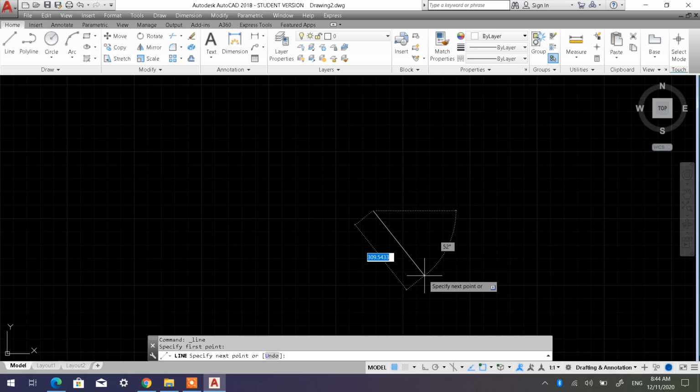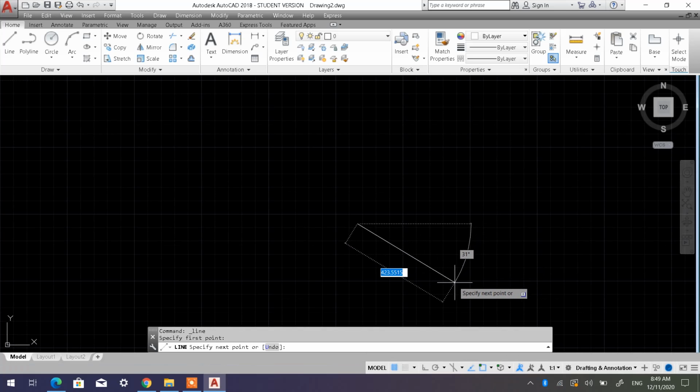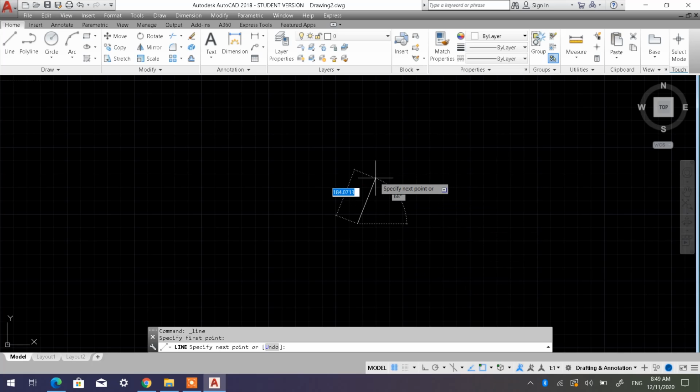nombor yang di dalam kotak biru itu adalah menandakan panjang line tersebut. Okey, dan sekiranya di dalam AutoCAD anda tak ada indikator angle macam ini, angle yang tadi kita terangkan, sekarang ni 30 darjah, dan juga sekiranya tak appear indikator length macam sekarang, macam saya cakap tadi dalam warna biru, sekiranya tidak terpapar pada skrin AutoCAD anda, so what you need to do is that, okay,